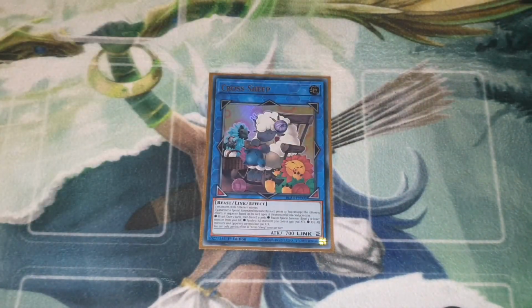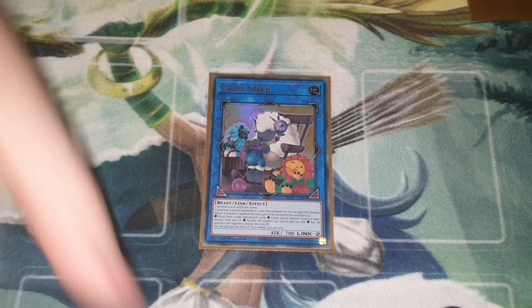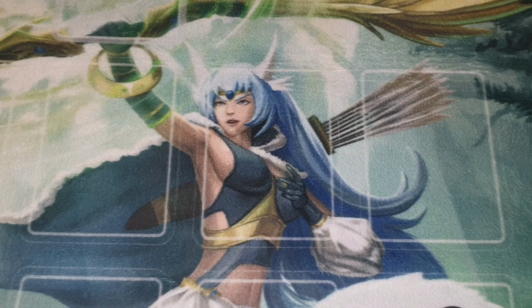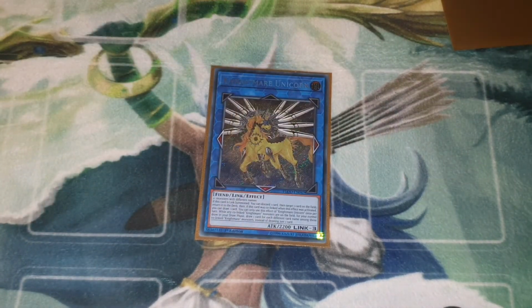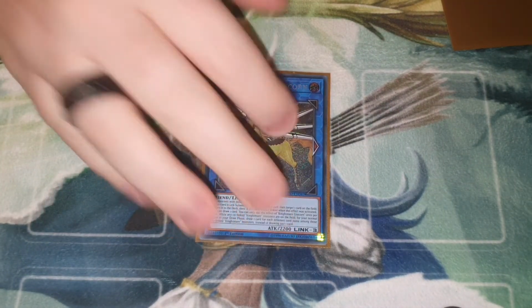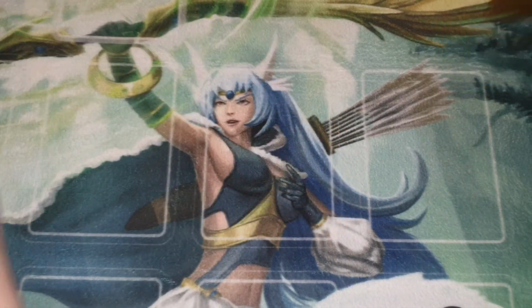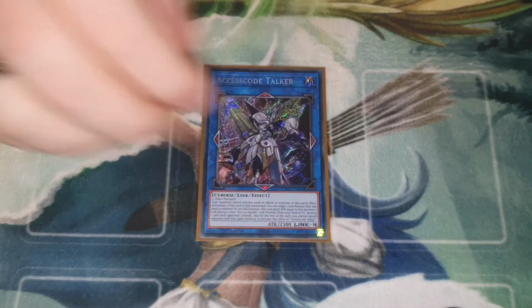It's a fusion-focused deck, so Cross Sheep is mandatory. We're playing 1 Unicorn just for the little instances where you can get rid of a specific card, and then because it's an OTK deck, Access Code